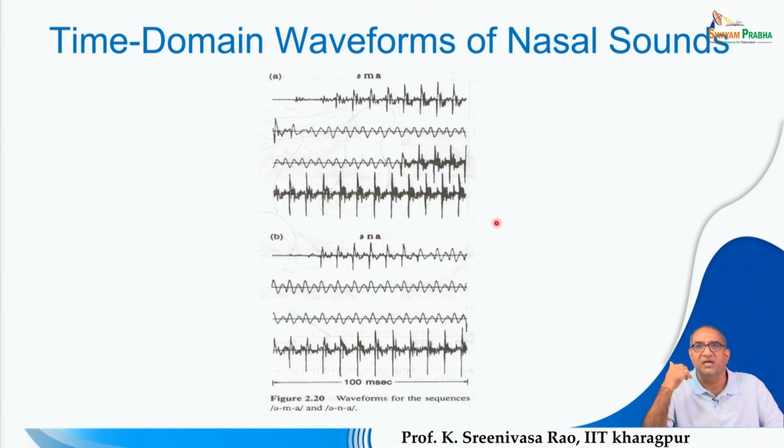Whereas in the case of Na, the oral cavity is blocked at the teeth. Therefore, the size of the oral cavity is less in Na compared to Ma. That makes the difference between the anti-resonances produced, and with that one can discriminate Ma and Na. Otherwise, the distinction of Ma and Na is very difficult using either the time domain signal or the frequency domain signal. It is very difficult to discriminate Ma and Na